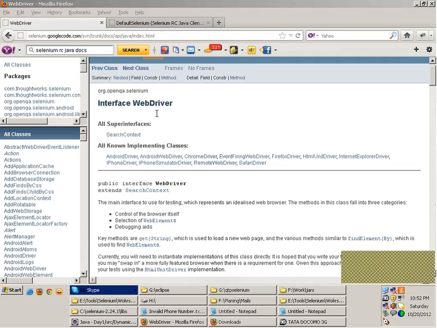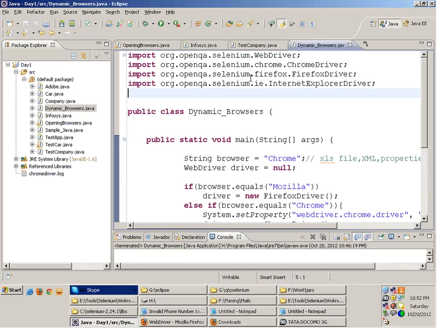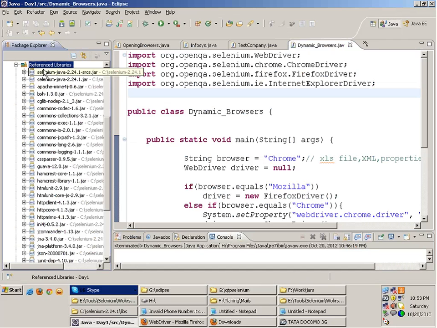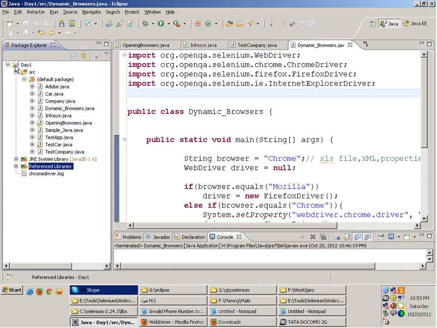Srinivas is asking a question: what is Maven? Maven is a tool which helps you to maintain the version of jar files in your project. I told you that you have to include the jar files. It's also for build management, but I am telling you in very layman terms what Maven does. Now, I included Selenium jar files over here. The version was 2.24. Suppose my colleague adds 2.26, and my manager adds 2.0. There will be confusion, right? Everybody will be working with different versions of jar files. So Maven helps you keep the version of jar files the same in your project. That's basically Maven in very layman terms.